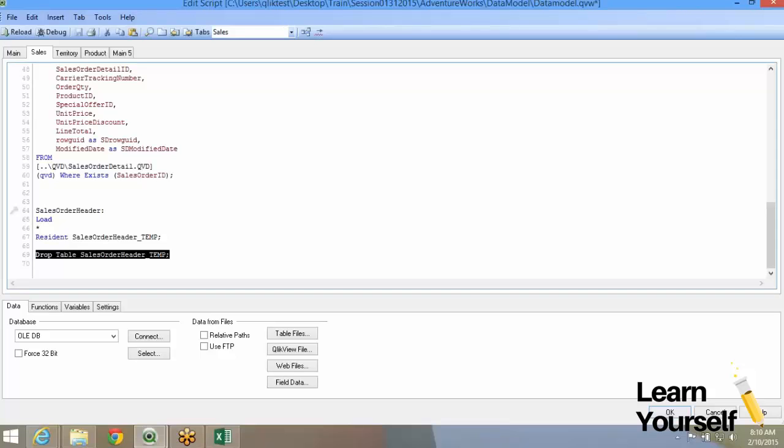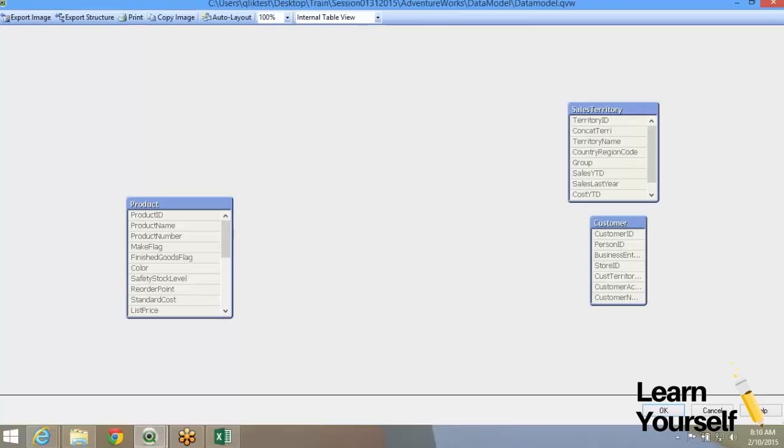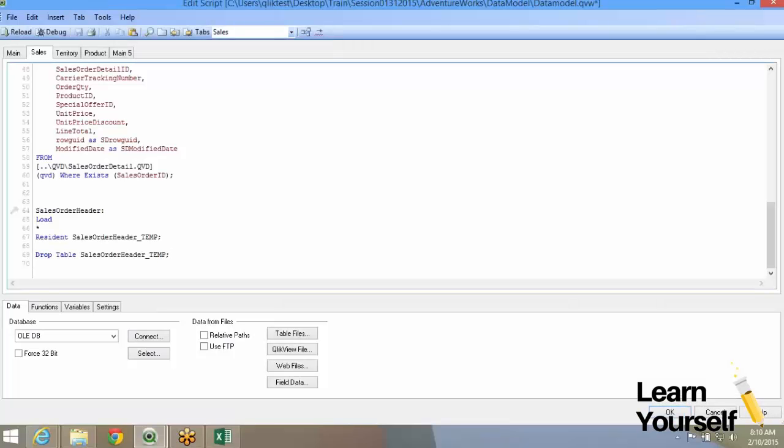Now what I did was drop that table, and the table is gone. This table sales order header will not be created. The data will be concatenated to the sales order temp, and I'm dropping the sales order temp over here. So my entire table is gone. So that is one. If I don't drop it, then I'll have